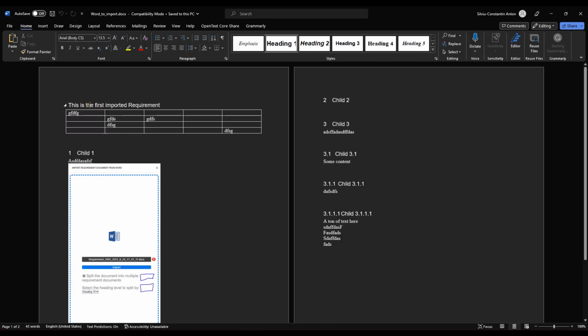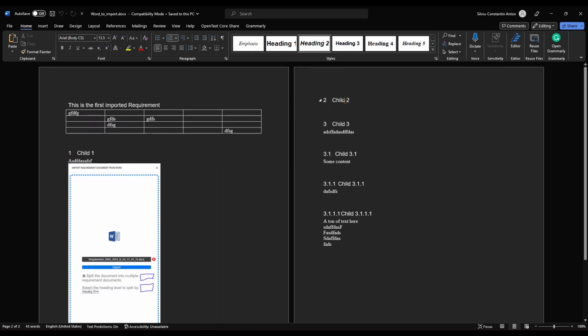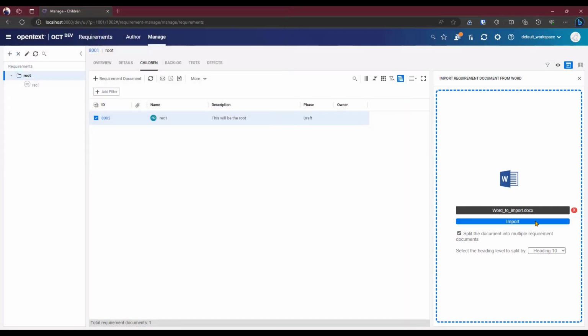we can see that this is a heading 1, this here is a heading 2, which will be a child of this first requirement. This is another heading 2, which will be another child of the same heading 1. Heading 2 again for the third child, but then we have heading 3, which will mean that this requirement document will be created as a child of the last heading 2 that we've seen here, and so on. So let's demo that. If we click on import after selecting heading 10,